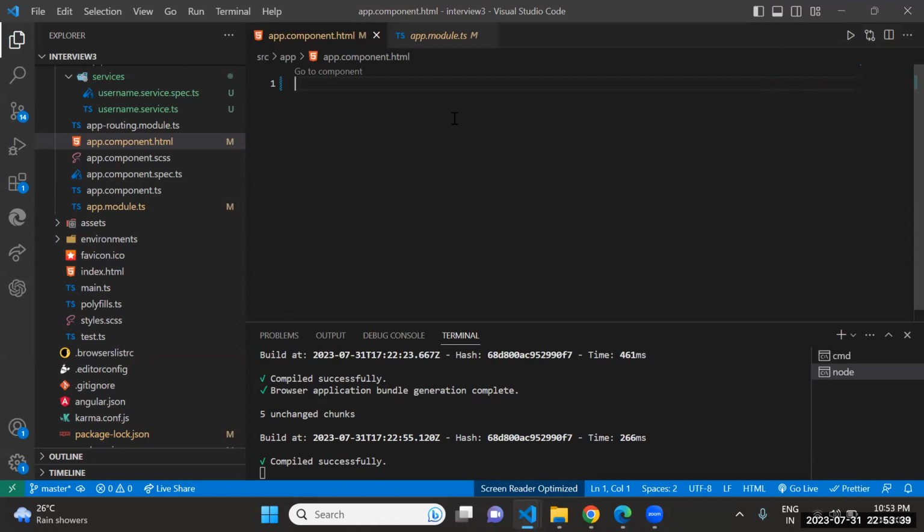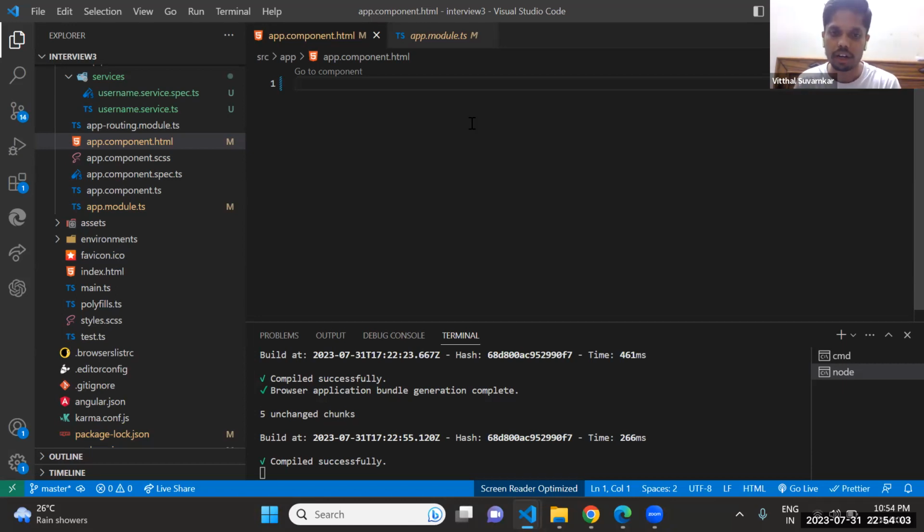What are the differences between component, attribute, and structural directives? Components are used for the UI or template, and structural directives are used to change the appearance of the DOM elements.